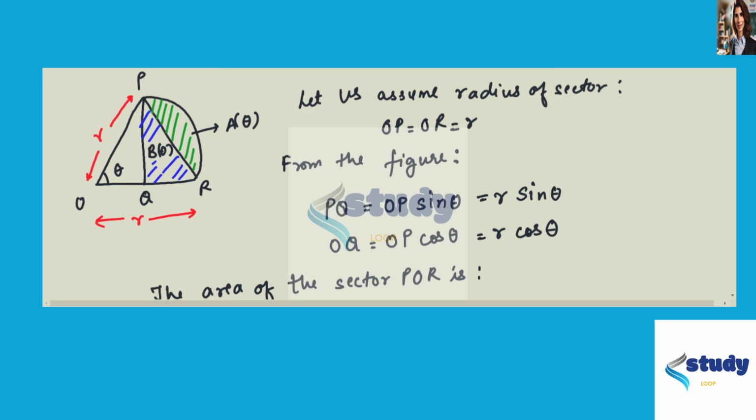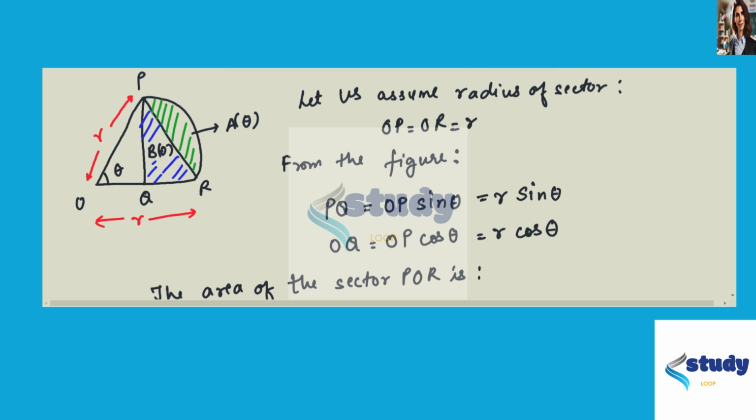In this problem, it is given that the figure shows a sector of a circle with a central angle theta, right? So we can say this is a sector. That is the arc, and this is r, the radius, and this is the same. PO and OR are the same, right? So now we can say